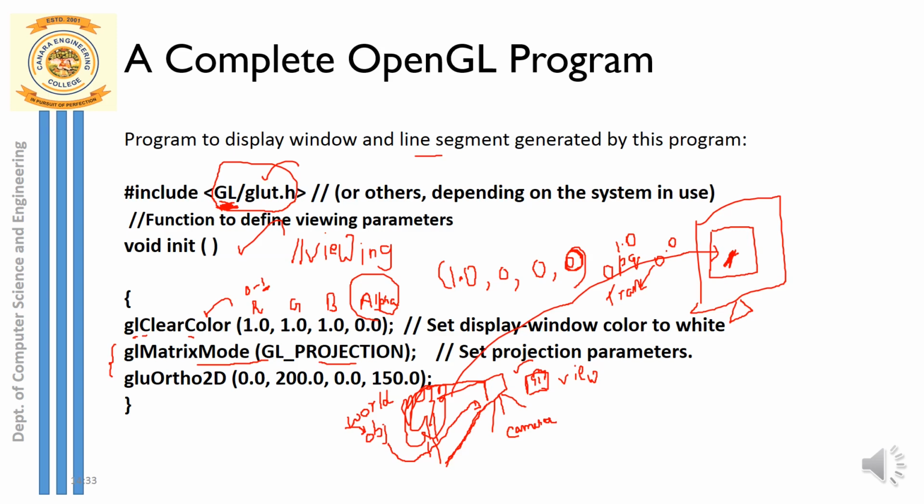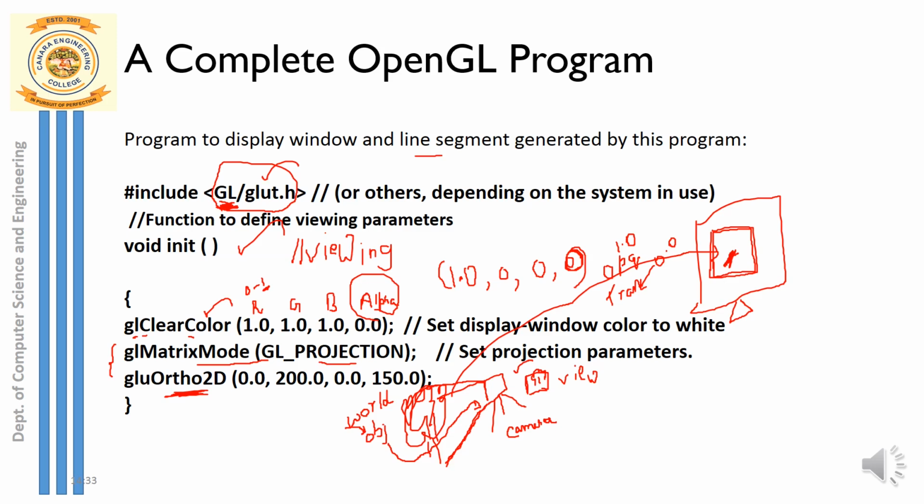Okay, so once your projection is set, you have to set up this viewing plane. So what is this viewing plane? It's nothing but the boundary that you are setting. Like I already said, using your camera you cannot capture the entire world. The camera will have its own boundary. That boundary setting is done over here. So what is that boundary? As I already said, inside your display window you need to have a boundary set, and that boundary is set to display the image on the display window.